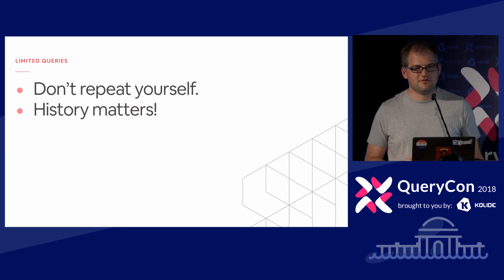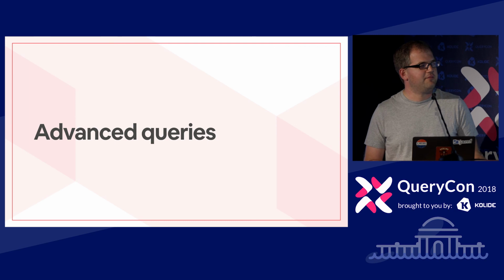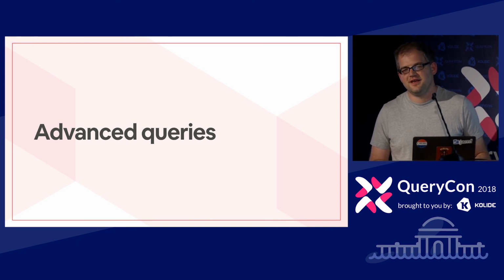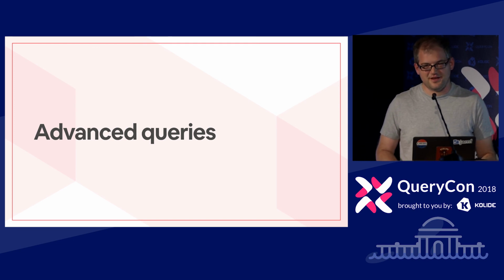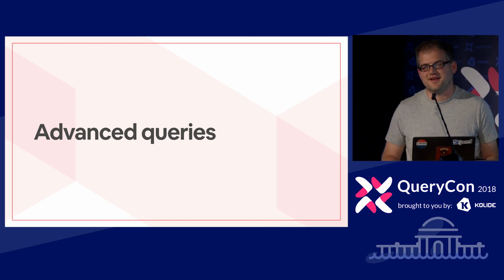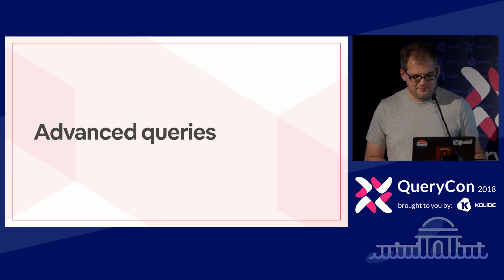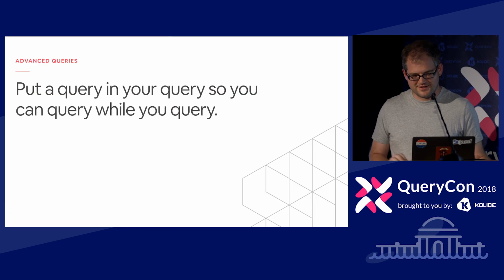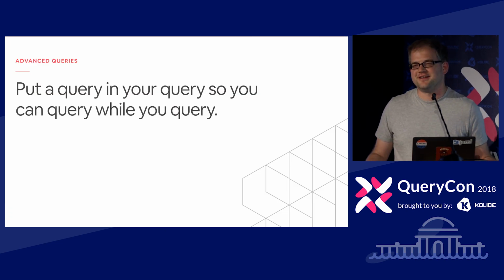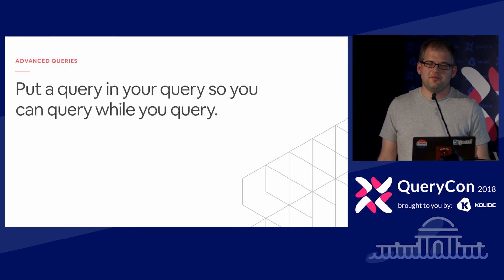So moving on to the final type of query, I would call an advanced query. And these are the kinds of queries that you would probably never run in MySQL, at least if you are not an elite database admin. I never was. I just ran WordPress. So an advanced query can basically be described as putting a query in your query, because you need to bring data from multiple tables together. You can't just get the data from one.